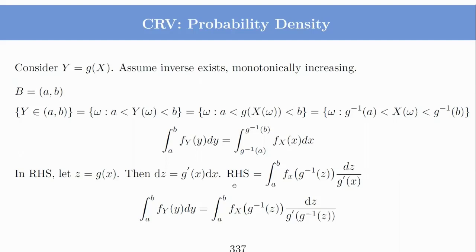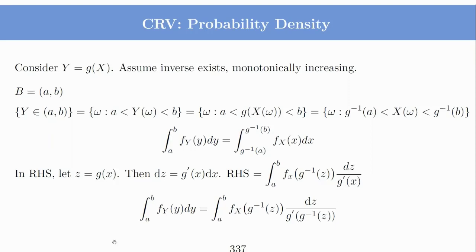Okay, because x is nothing but x is equal to g inverse of z. So I apply it here. Here also, just remember that this x is also g inverse z. So when we do this substitution, we sometimes say that dx is equal to dz by g dash x, but we have to calculate it in terms of z because this integration is in terms of z. So x is equal to g inverse of z, which we'll have to put here.